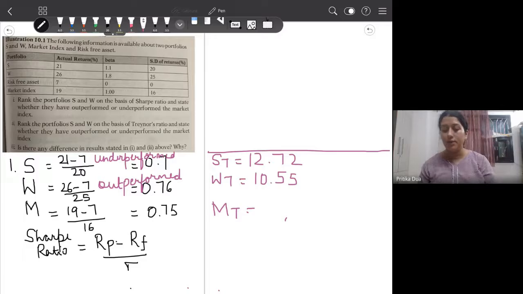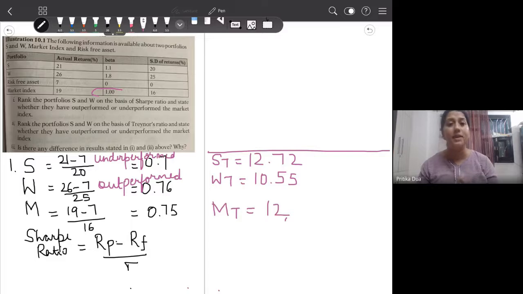Now class, if you observe, then the beta for the market is 1 and it is always 1. Beta is measuring to what extent your security return or portfolio return fluctuates with respect to the market. So how sensitive is the security return with respect to the market. This is measured by beta.